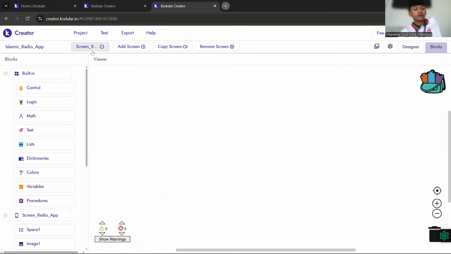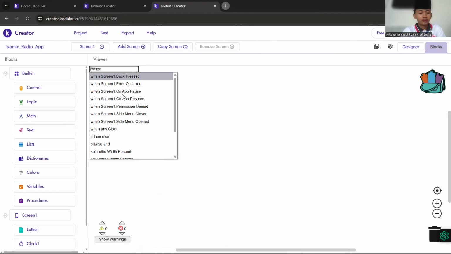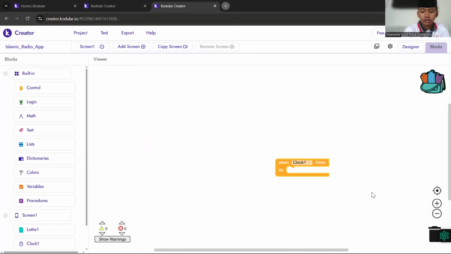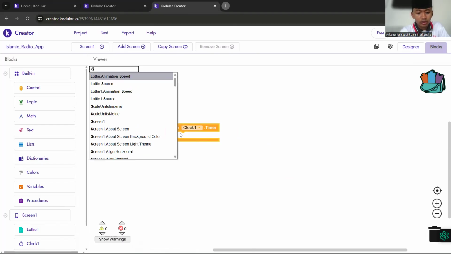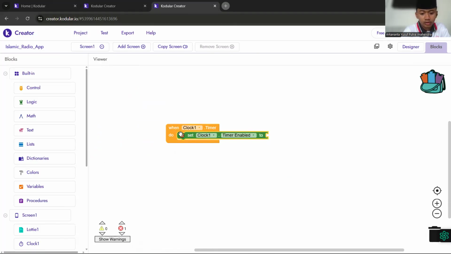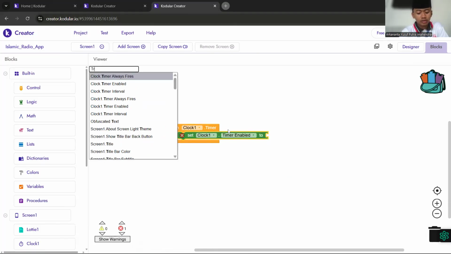We want to code. Okay. So before that, we go to screen one, and then we add when clock timer, clock one timer, set clock timer enabled to true.